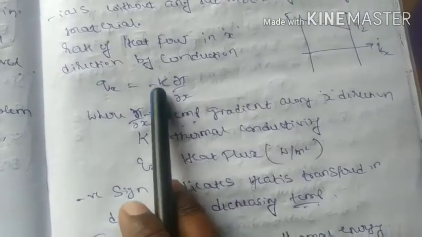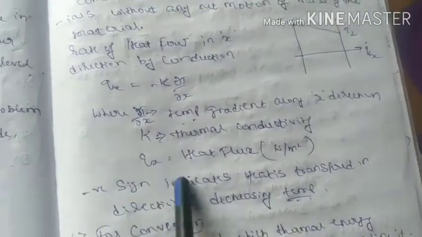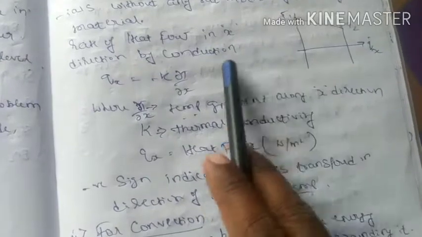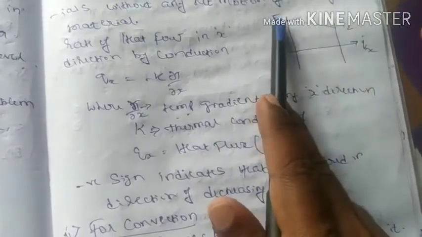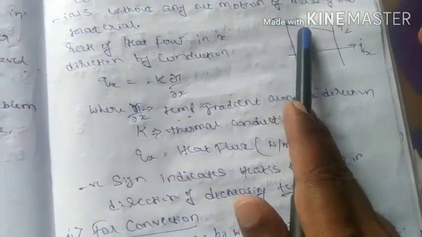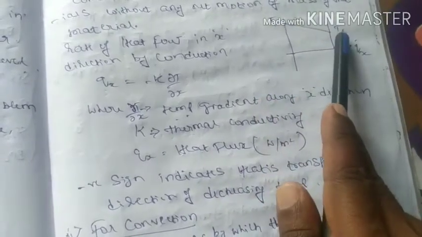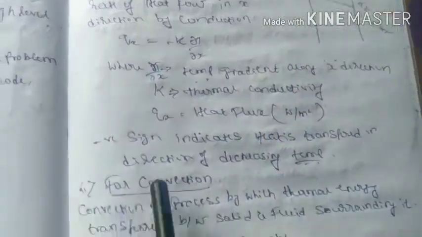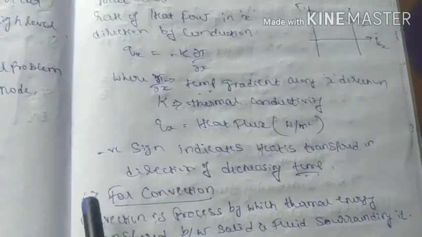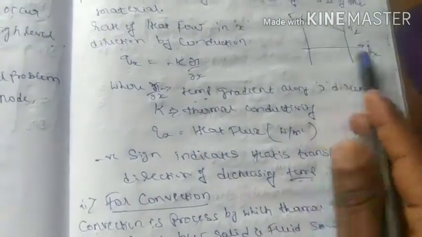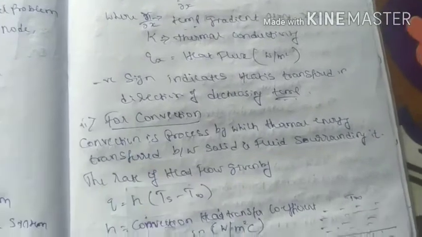Here they use a negative sign because heat transfer in the direction of flow decreases. As you pass to the next point, the energy is going to drop because T2 is lower here, therefore Qx is going to be reduced. That's why there is a decrease in energy along the direction of X, the temperature.